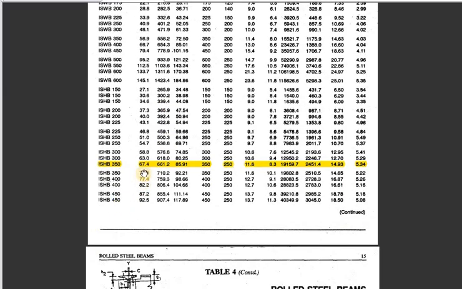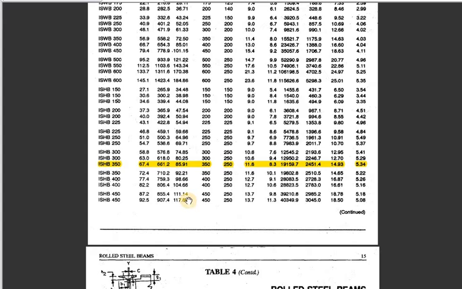Here, while converting, it comes to be 67.4 kg per meter. I am referring to this because 67.4 has been given in the question. So instead of this 2, that is 350, we are referring to this ISHB 350 portion. Why? Because we have to use the weight of 67.4 kg per meter. This weight has to be taken care of. I have highlighted this whole row.